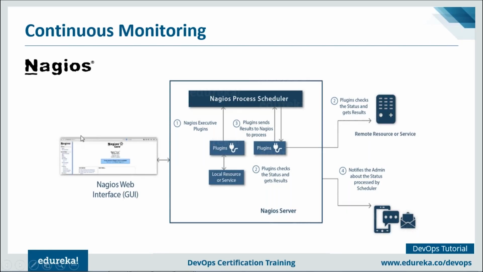All right, so we have discussed all the stages. So let me just give you a quick recap of what all things we have discussed. First, we saw what was the methodology before DevOps. We saw the waterfall model, what were its limitations. Then we understood the agile model and the difference between the waterfall and the agile methodology, and what were the limitations of agile methodology. Then we understood how DevOps overcomes all of those limitations and what exactly is DevOps.